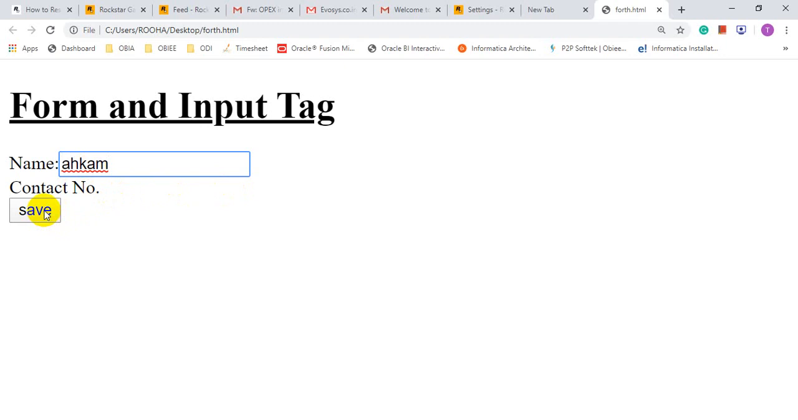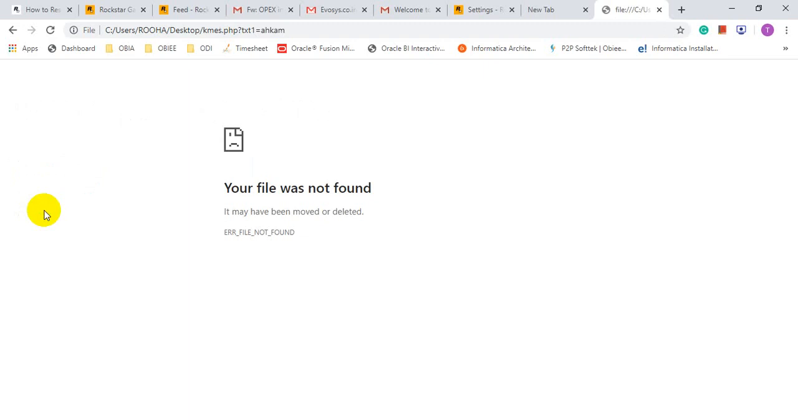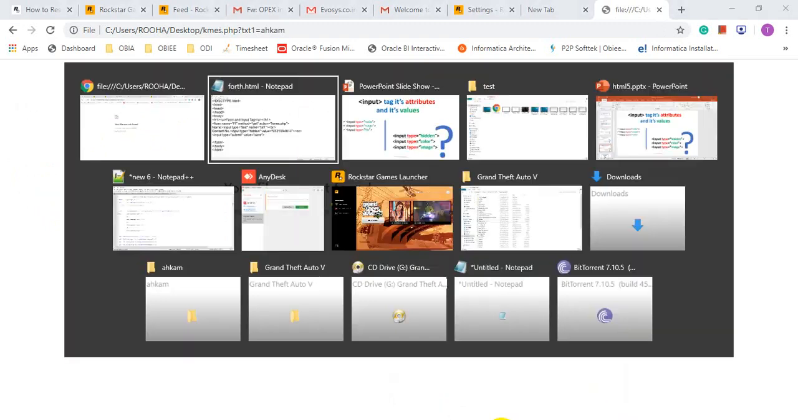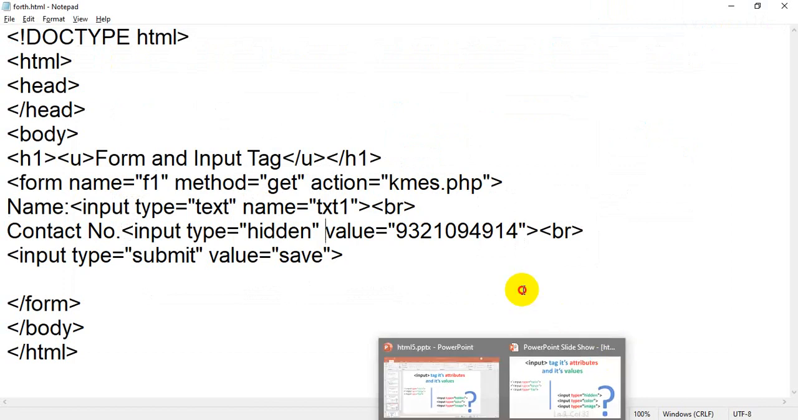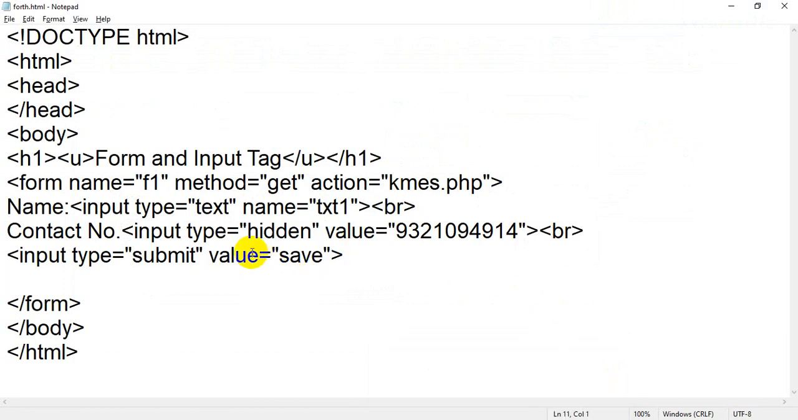When I click on save, this is a submit button, it will transfer data. And I have given one example of input type equal to get and input type equal to post. If you remember, I have given method equal to get and method equal to post. So in our case, flip back to your file, I have taken input type equal to